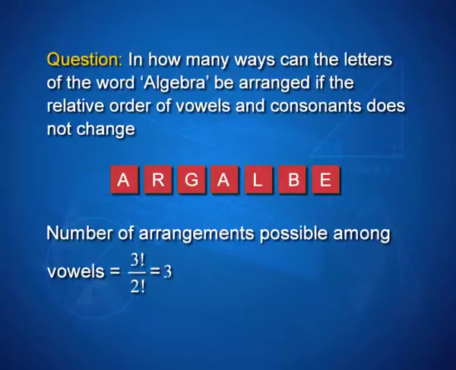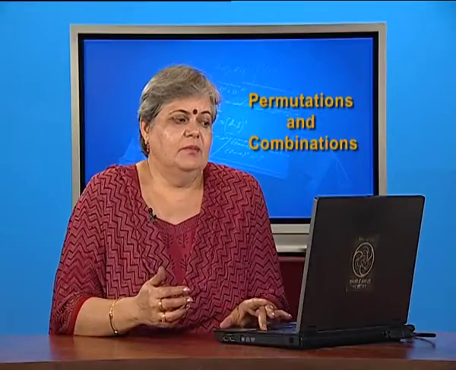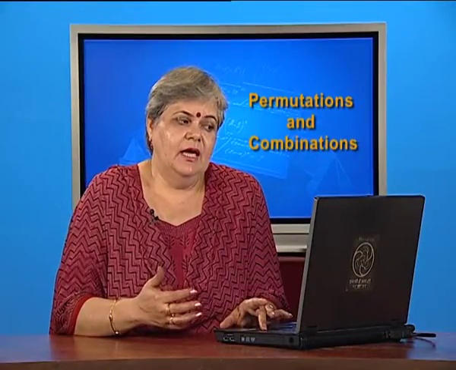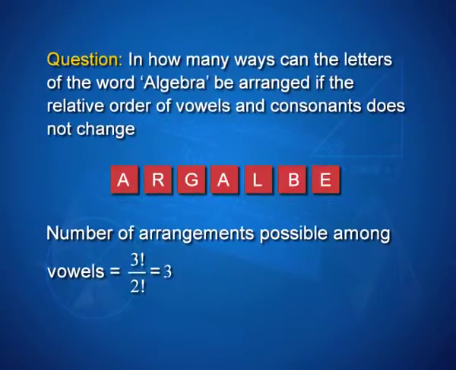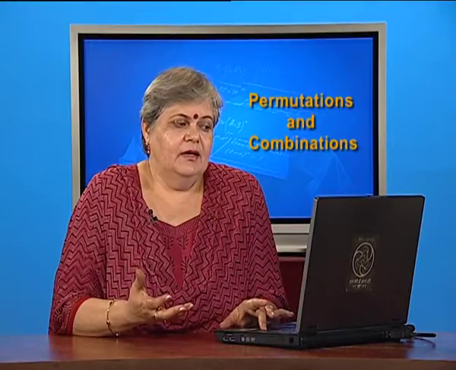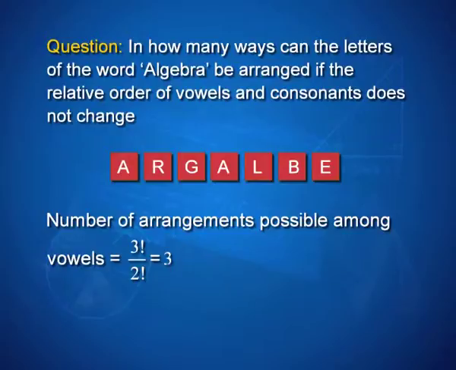Consonants must appear in the other 4 places, but they can themselves permute. That means, instead of A in the first place, I may have E, and correspondingly the other 2 letters will change. Similarly, I can have different permutations coming up by changing the consonants in their respective places. If we consider that, then what we are looking at is the number of arrangements among vowels, that is 3 vowels with 2 vowels repeated.